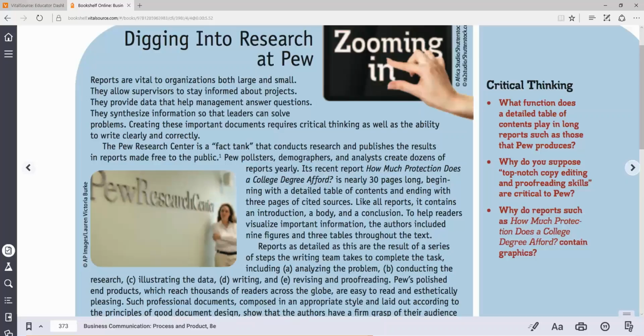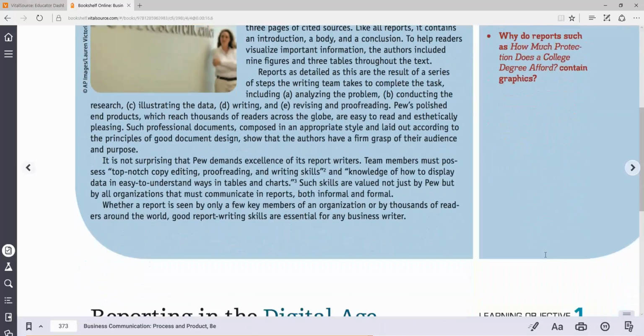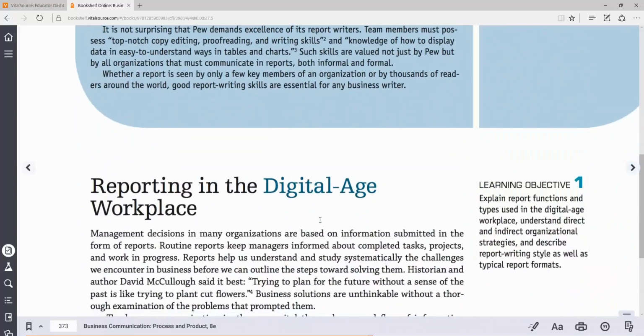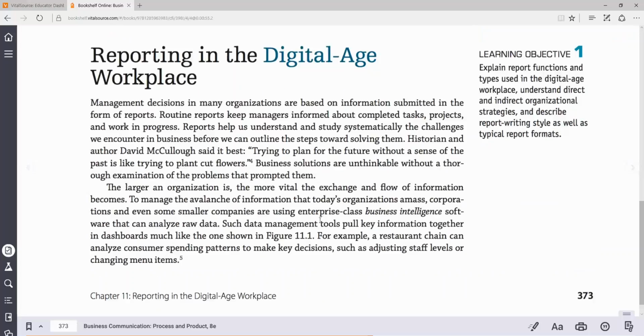Critical thinking is here. These are questions you should consider at times. And Pew demands excellence of its report writers. Team members must possess top-notch copy editing, proofreading, and writing skills. So, learning objective 1, reporting in the digital